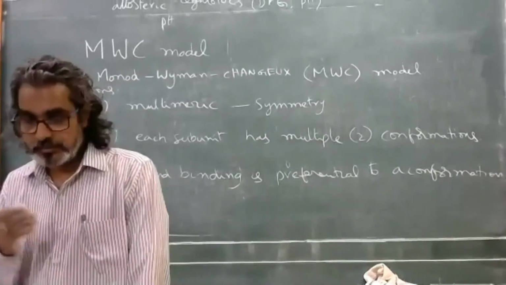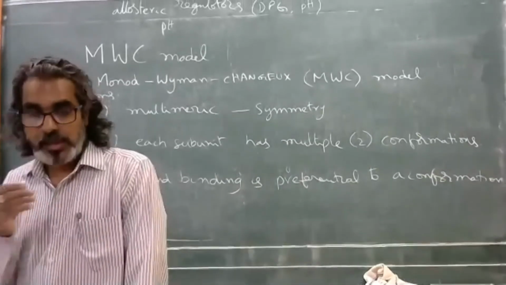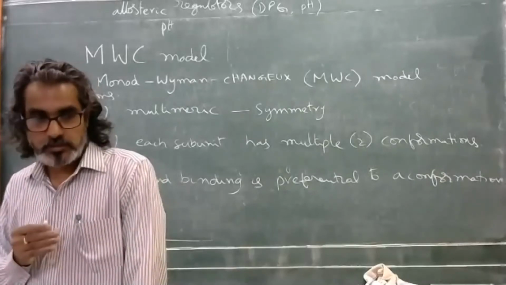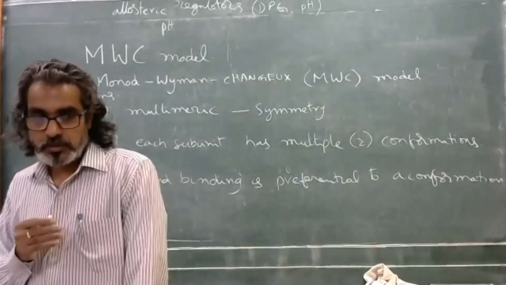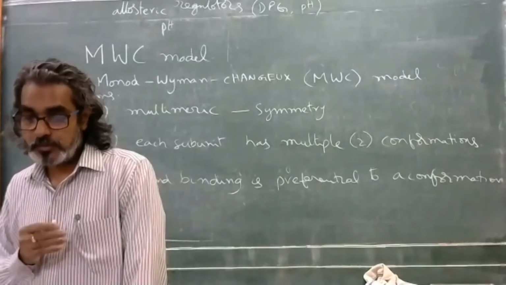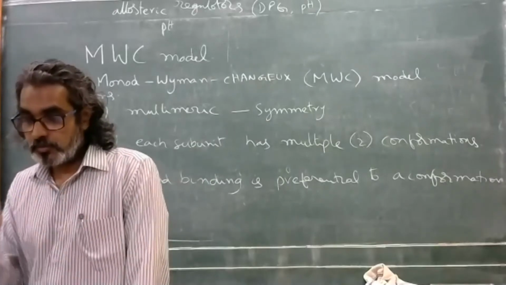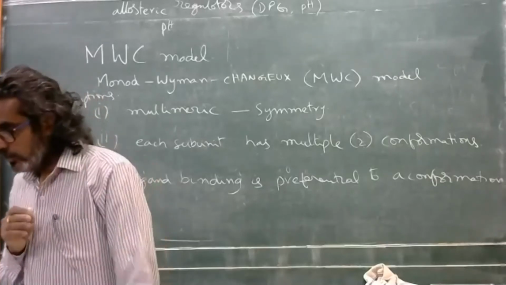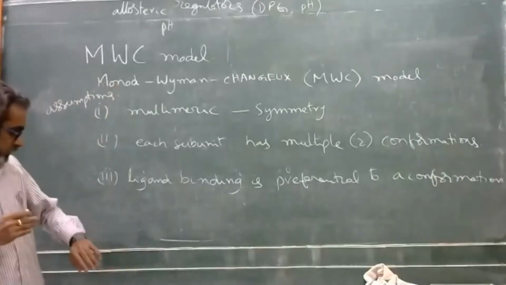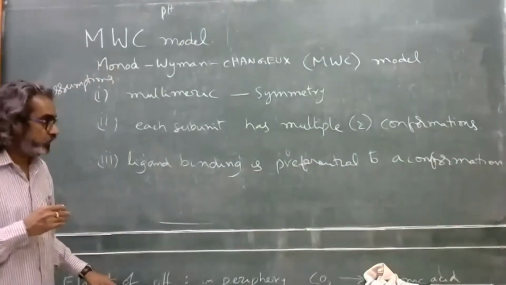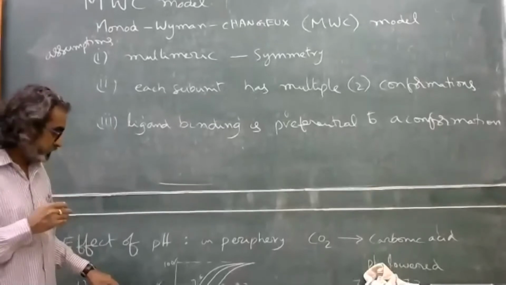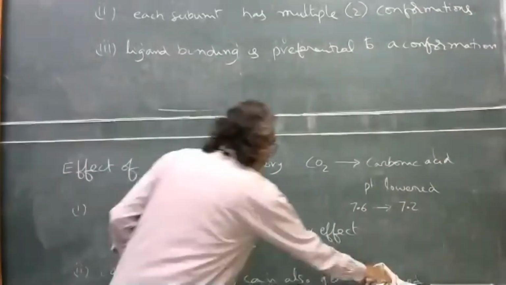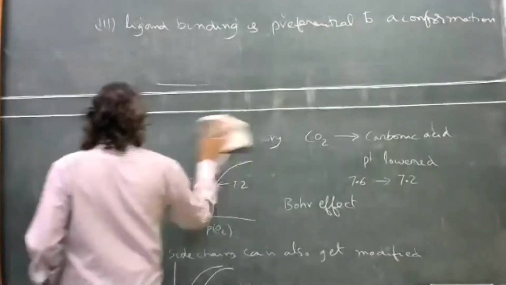oxygen binding and release of hemoglobin, as well as small molecules like DPG, change in pH, which would give rise to different cooperative behavior, how this cooperative behavior can be regulated. Okay, so that can be explained. So I'll just give one more example. This is an important enzyme which is also well studied for cooperativity.